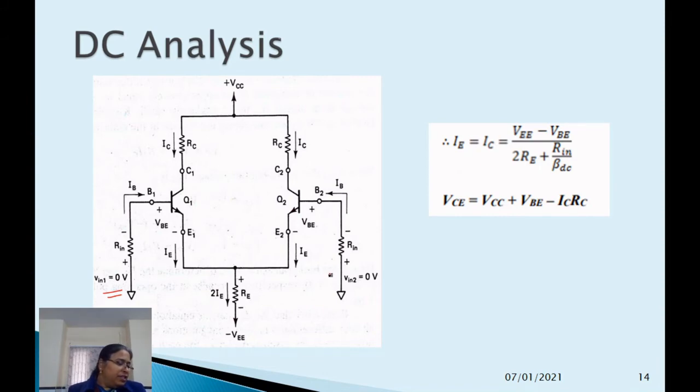So for the DC analysis, it should be equal to 0, and actually it is not there. So we have not applied V in, so this is not there, right? So the circuit is same. So the operating points and the IE values and DC values, as I've already discussed, that is given in part 1 in detail, and you can go to the link of that in the description box.